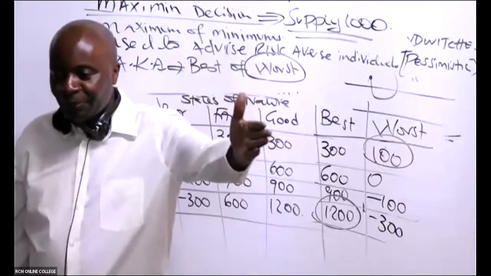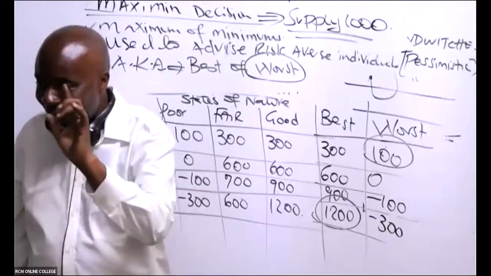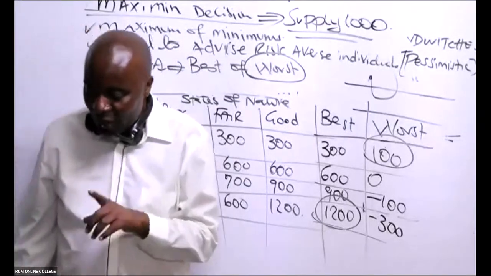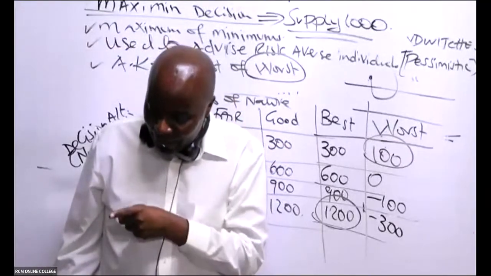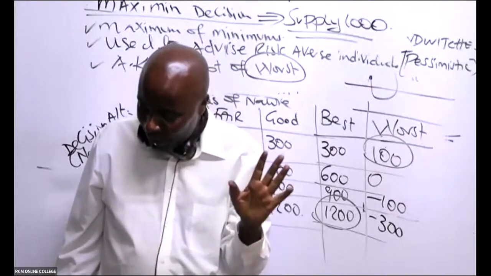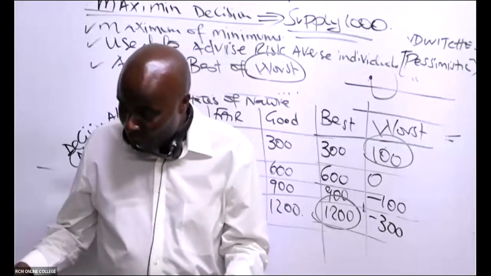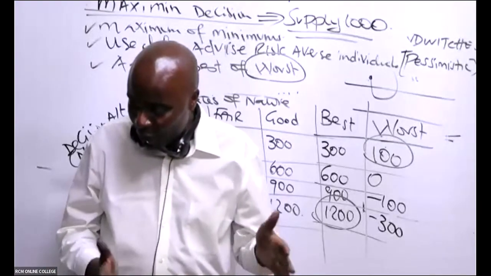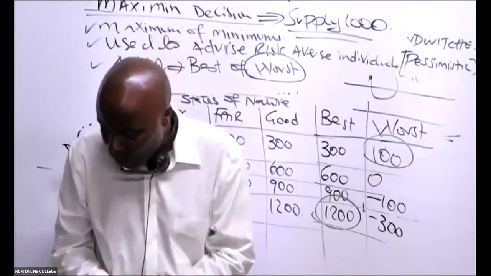See you when? On Saturday at what time? 12 for lunch for the physical students, isn't it? Physical students. Last semester, the online students, I bought you lunch at Sarova Stanley. Do you remember that, Maggie Shiro? Yeah, at least we ate. Oh, Nyakeri, you were there. Great. Now this time around, this week, it will be for the physical students.